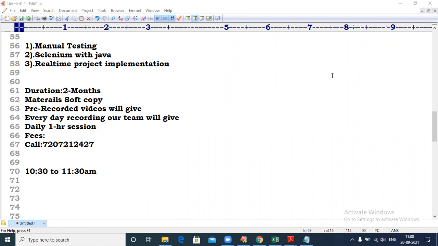Anyone can survive in the testing area. Regarding Java, whatever Java is required for you, those concepts I will take care of.